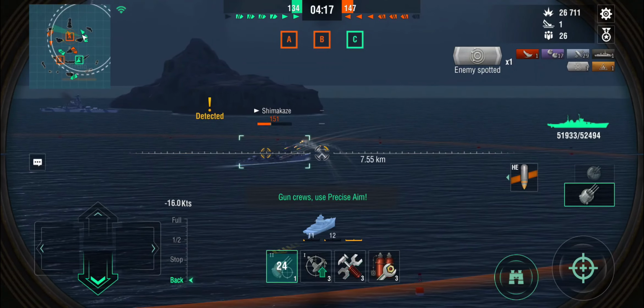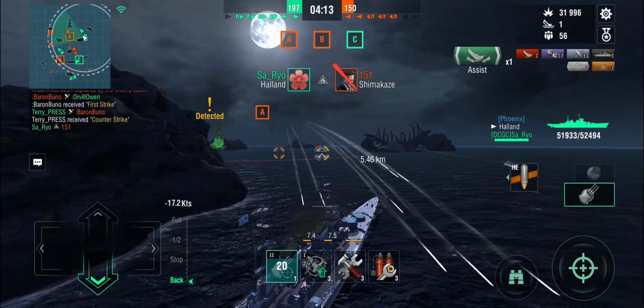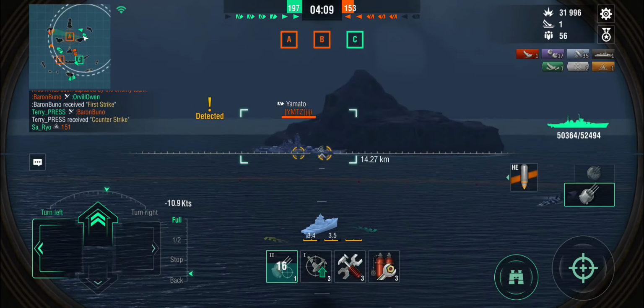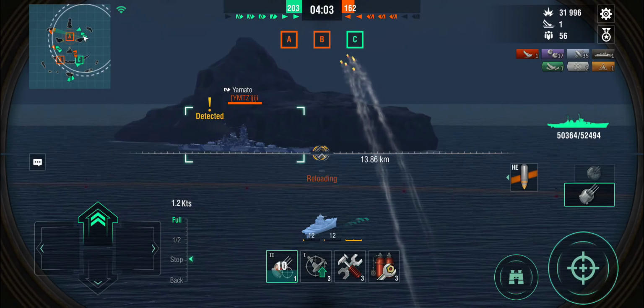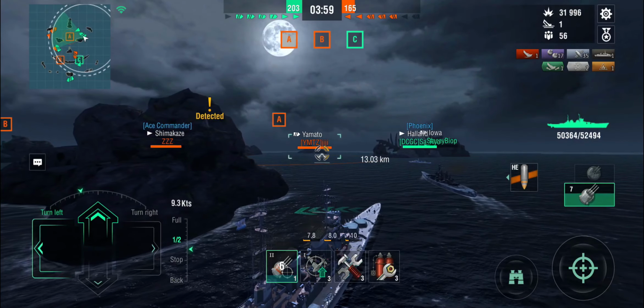And over there is the Cristoforo Colombo, so we definitely need to back up again. And that should be an ex-Shima. Yeah, the Halland takes out the Shimakaze. Nice. That's our first player kill of the battle. So, no, it wasn't the Colombo, it was the Yamato. Sorry for that. I thought it was... I've seen the Colombo there for a second. So, HE out at the Yamato, but...